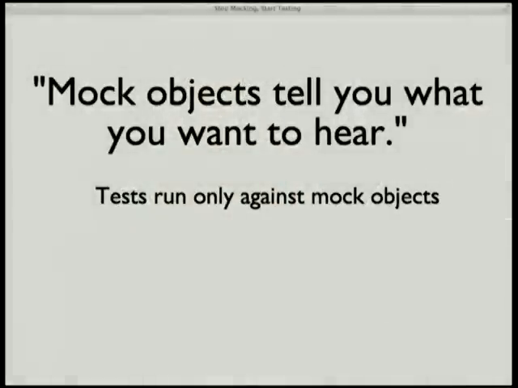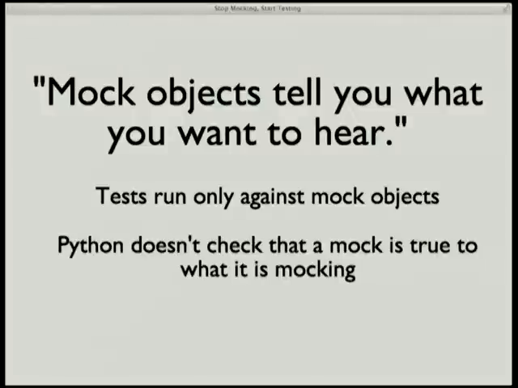And so we'd run our tests only against mock objects, and then we'd deploy to continuous integration or quality assurance, and things would break because we'd be hitting real objects that had changed slightly in ways that we weren't able to keep track of and keep updating. Python doesn't do any checking, right? Because it's dynamically typed. It doesn't do any checking that two classes implement the same interface. And nobody else does either.